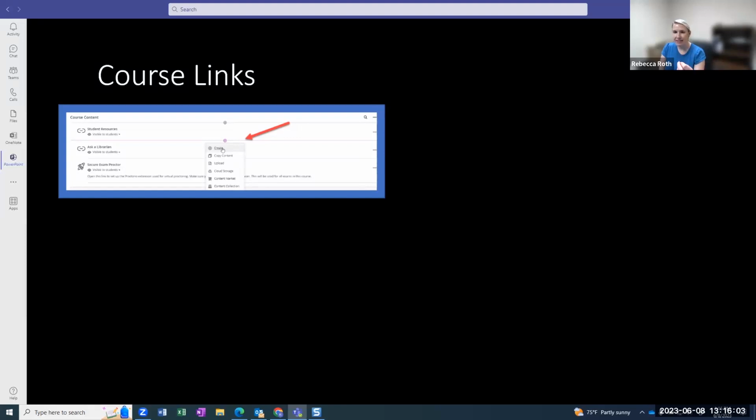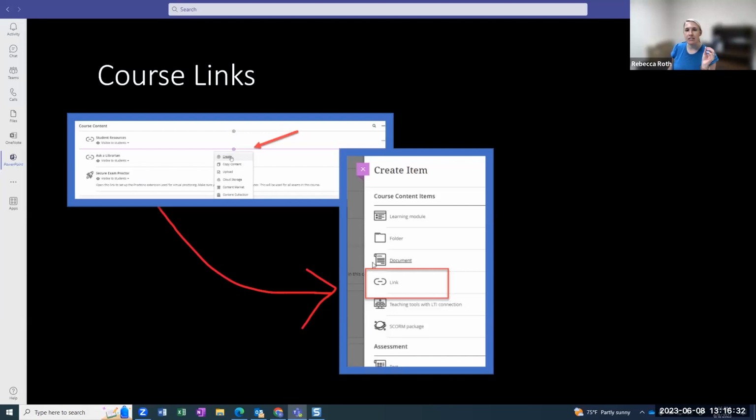Or what would happen is, previously in Original, if you had an assignment hidden, but then you had a course link to it, or if you hid the course link, but then you didn't hide the assignment, they wouldn't match up. And so when we add these course links here, that visibility is going to copy forward, or it's going to link forward. And I'll show you what that looks like in just a minute. But there are two places you can add course links. So the first one is if you just create an item in your course content page, so that main page, and you just